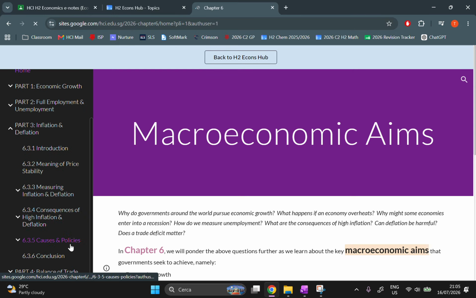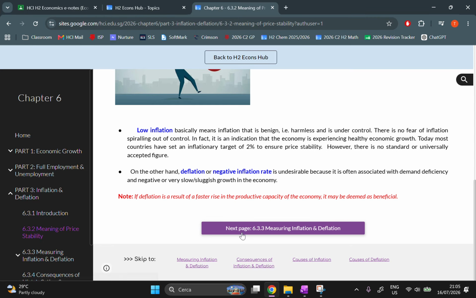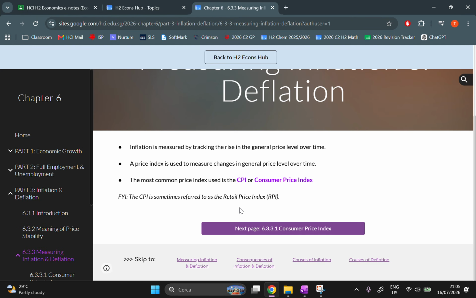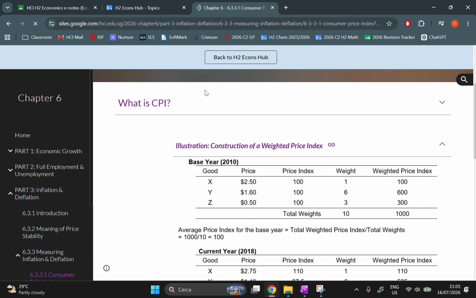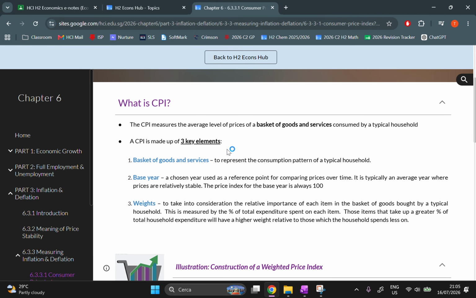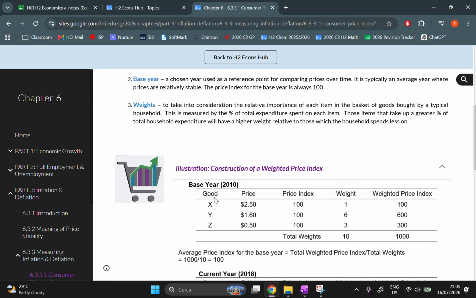Here we go. Meaning of price stability is somewhere here, right? Yeah, measuring. So you see when they talk about consumer price index, right? Consumer price index, they talk about a weighted price index. So they talk about a common basket of goods and services. So when we are calculating consumer price index, we